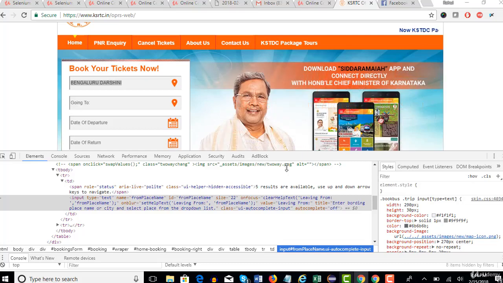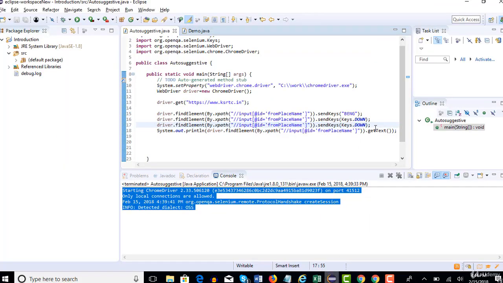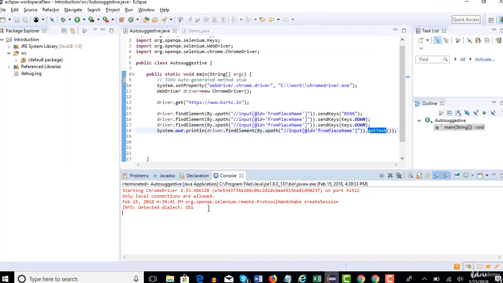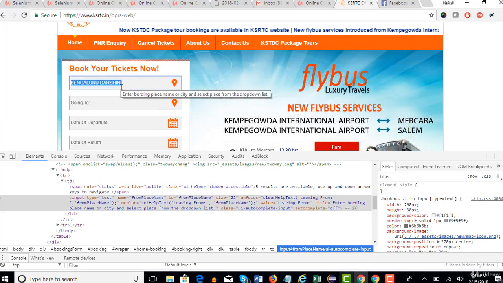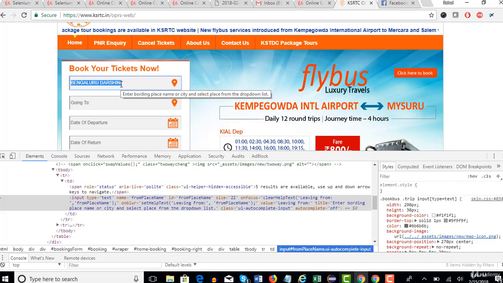Okay, so whenever you try it this way by giving get text, only if you don't get anything in your output, then you can actually check this. It's not mandatory that you check every option to see if it is hidden or not. Just try the normal way, the way you do for Selenium.